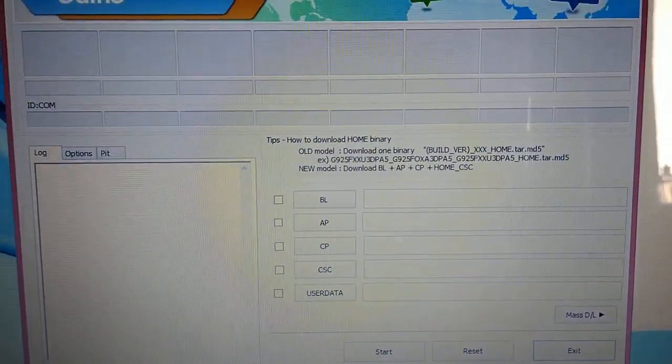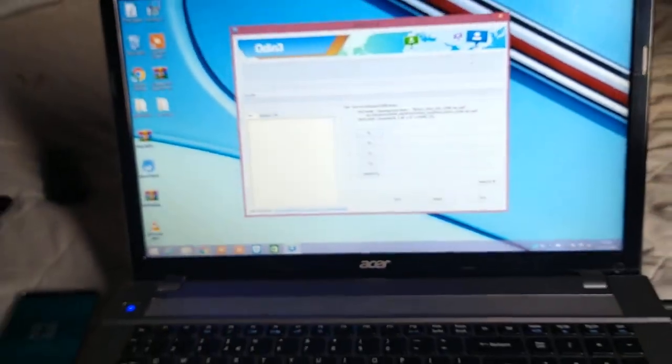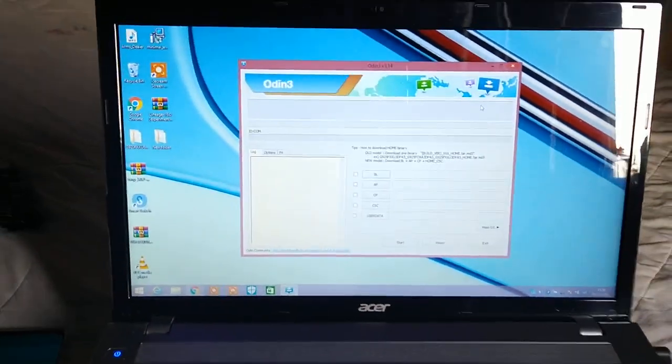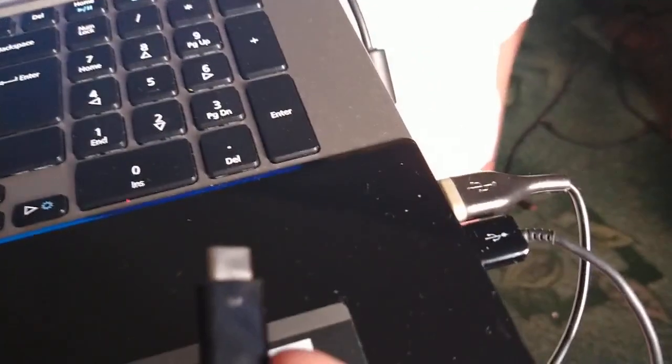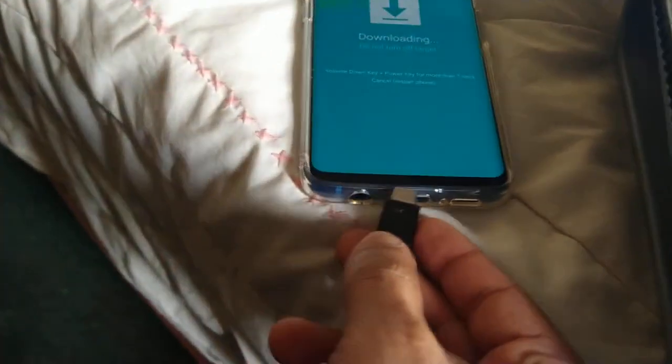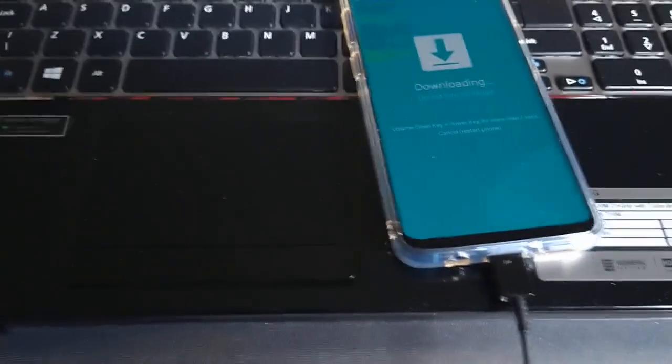Okay, so now connect the USB cable to the PC and to the phone. Let me just put down the phone real quick. Okay, so just make sure you've got the USB cable connected to the phone and your computer,